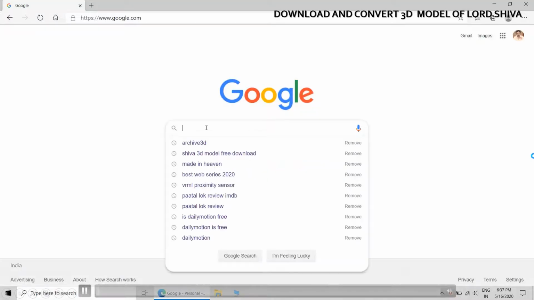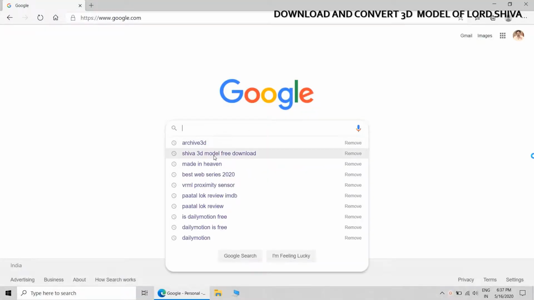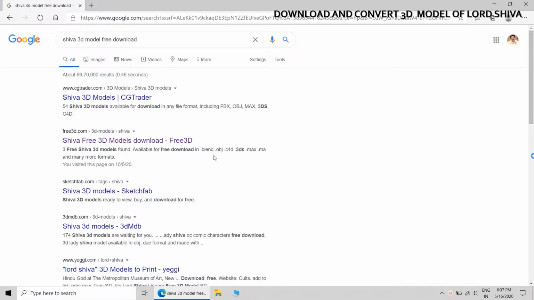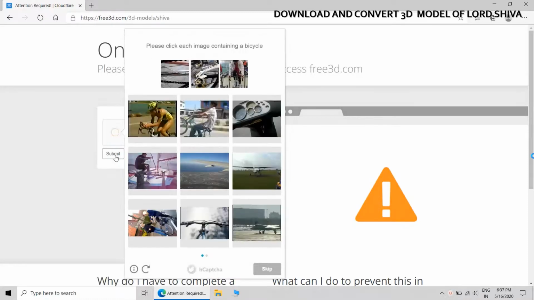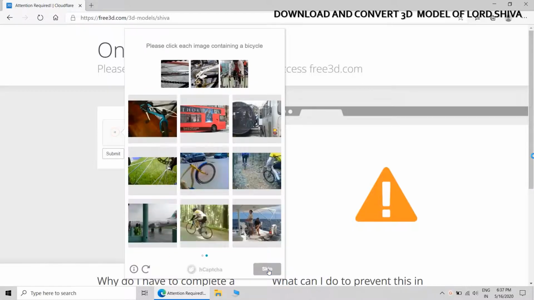The first step will be downloading the 3D model of the Lord Shiva statue. Most of the times when I need complex 3D models, I prefer to download them because this saves the valuable time of modeling.